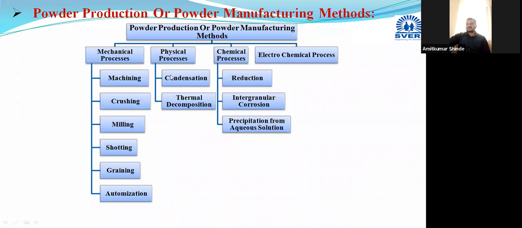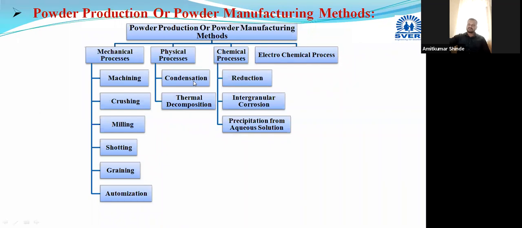Okay. Now here, the condensation. This process is what we are going to do. Suppose we want to manufacture some metal powder, then its metal vapors are taken, and those metal vapors are condensed to give spherical shaped powder particles. Okay, those metal vapors are condensed, and this condensation method is useful only for those metals which are highly